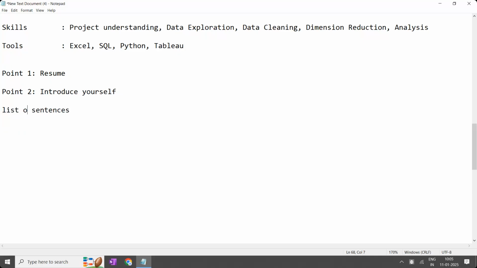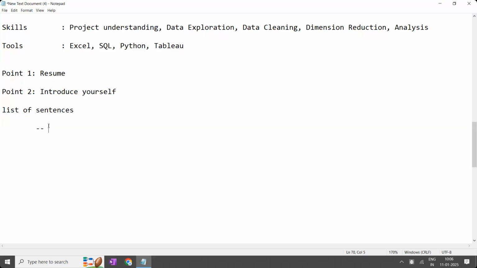Now, in this list of sentences, my question is very simple. First step is write in the notes clearly, everyone. After the class, I want the introduce yourself. Each and every student, write in the notepad your introduce yourself, the list of sentences. This is your task.